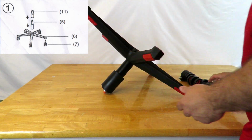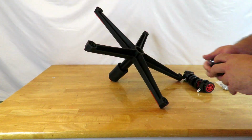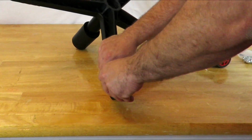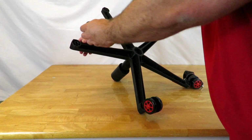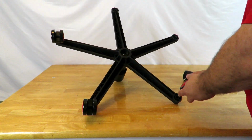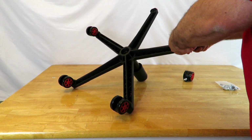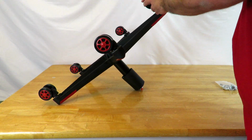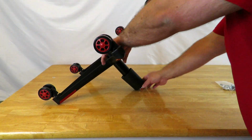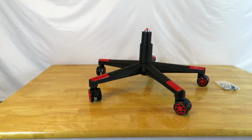So we just put it upside down, and now we can just pop in these wheels. Okay, so you guys can see it. It's pretty simple. Alright, so now we have all 5 wheels on there. We can go ahead and put this aside just for right now, and then we'll start putting the rest of